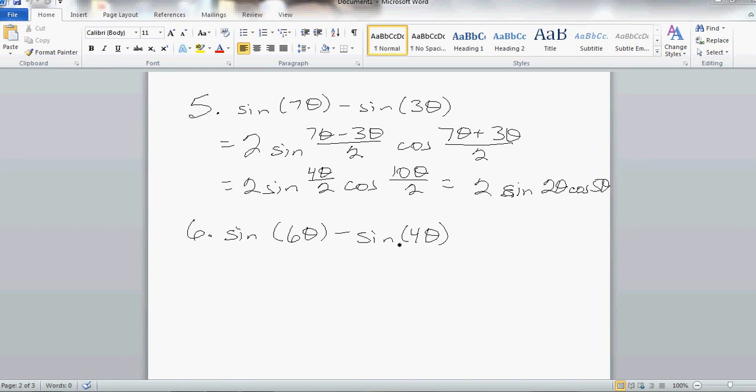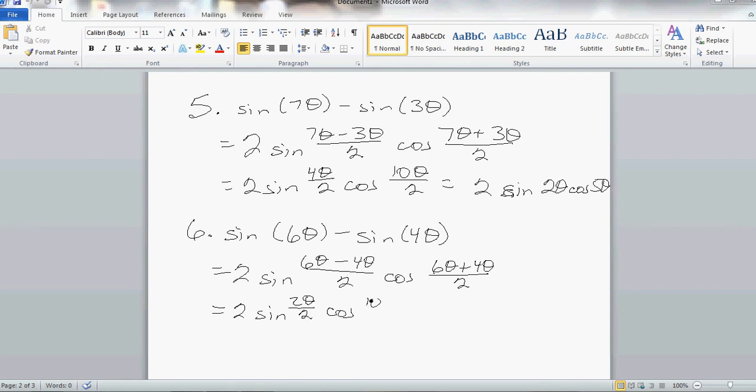And you will realize example number 6 is almost identical to number 5. 2 sine, take the 2 angles and subtract them, over 2, cosine, take the 2 angles and add them, which equals 2 the sine of 2 theta over 2, cosine of 10 theta over 2, which as a final answer will be 2 sine of theta,